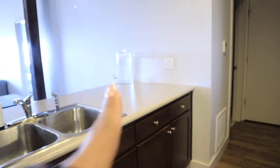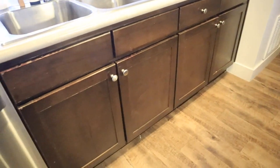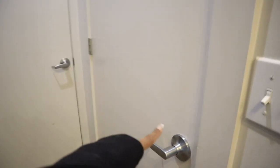It's pretty minimal on the counters. We just have our water bubbler over there, and then we just have my coffee thing here. Everything else is pretty much in the cabinets. We have enough cabinets to put everything in there and make it really neat. And then when you move over here, let me just turn on this light. When you move over here, there is a